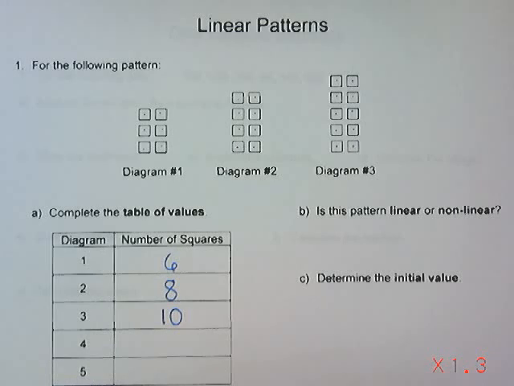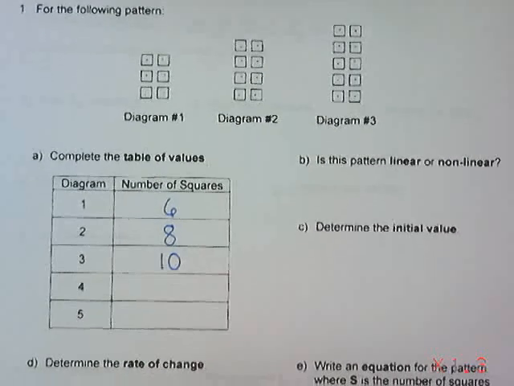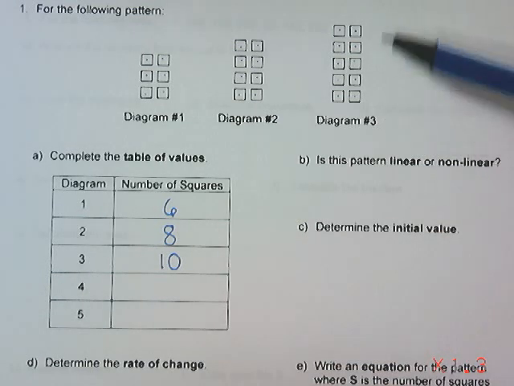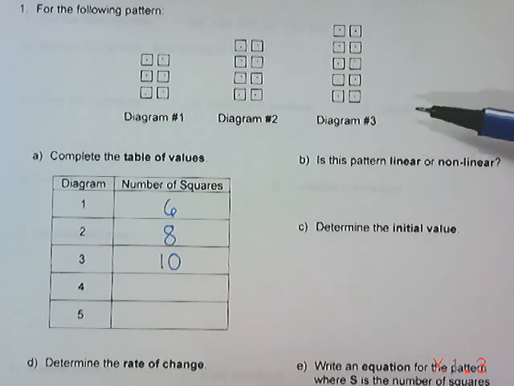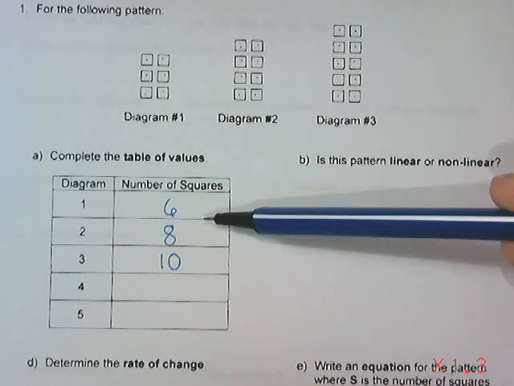So I see in the table, I do need to do diagram 4 and 5, so I have choices. So option number 1, I could draw and follow the pattern. So I could draw out diagram 4 and diagram 5, or I could look to see what is happening with